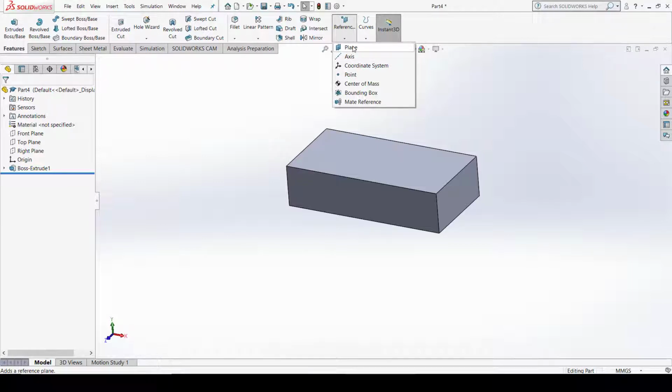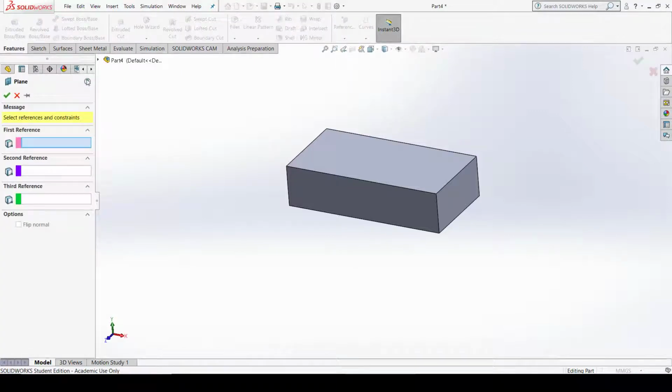Now when I click on Plane, you can see in the property manager we have three different points. So a plane can be defined in this software with the help of three different points. If you have three different points anywhere on the component, you can define the plane as per those three points. To draw a plane you require 3 points. A plane has 0 thickness. It has infinite length and infinite width, so you can create it anywhere on the screen but it remains on that plane. So let me define the plane first with the help of 3 points.